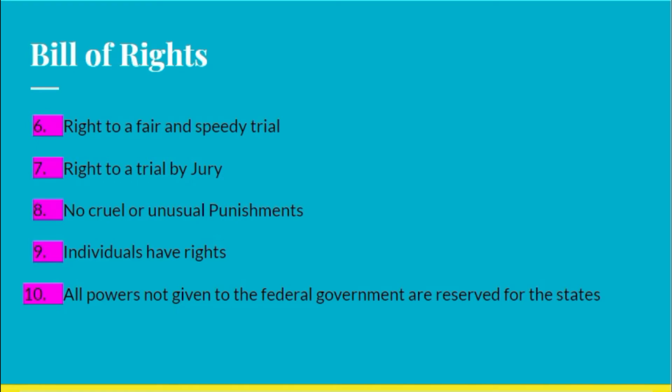The Ninth Amendment and the 10th Amendment are all about what powers are not written down. So number 9 says that individuals have rights, and those rights are given to the individual. And then the 10th says that all powers not given to the federal government are actually reserved for the states. So any power that's not written down within the confines of the Constitution is given to the states to have power over. Okay, and this number 10 does bring up, you'll see a lot of arguments about who has the power to do these things, and is it a state right or is it a federal right? And that's where that idea comes from.